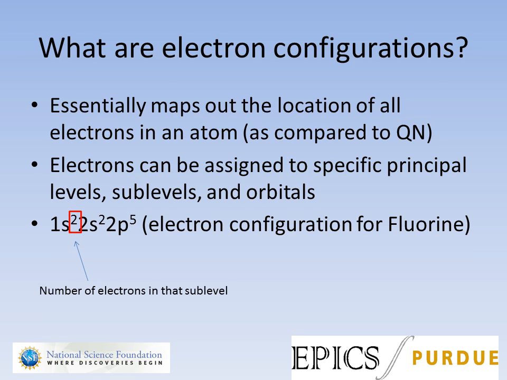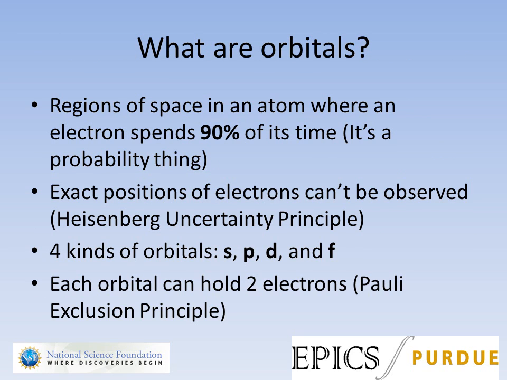But where do the sublevels come from? We'll see in a bit, but before we get into that, let's look at what orbitals are. Orbitals are regions of space around the nucleus of an atom where an electron spends most of its time. Basically, if we could reach in and grab an electron from that region, we'd have a 9 in 10 chance